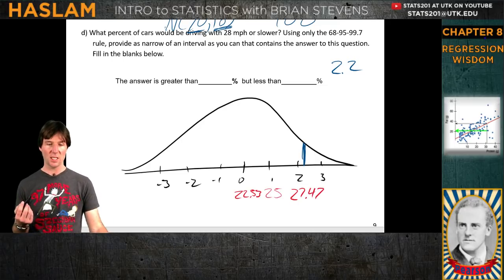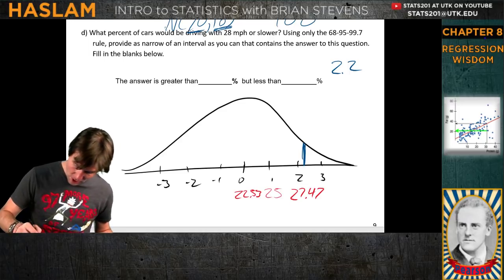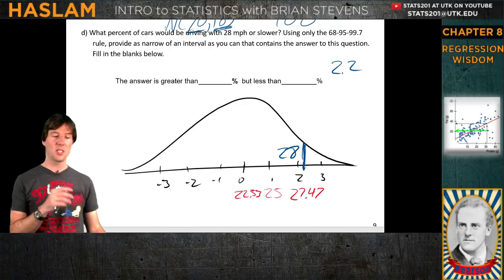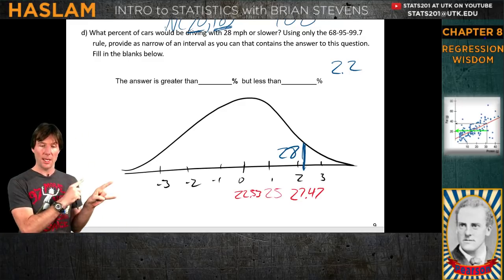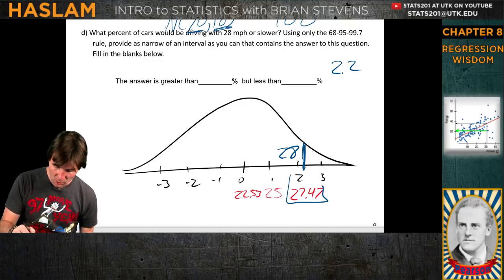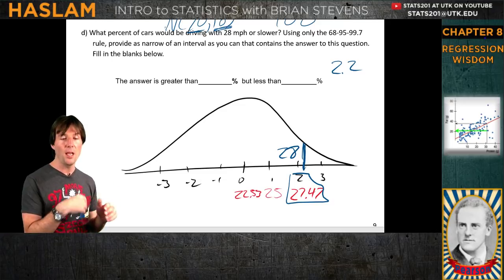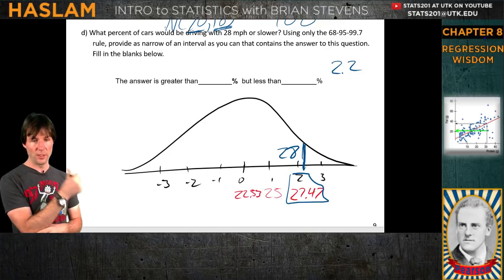You might annotate some decimals, but does it make sense that I would label these numbers? And you can see here, does it look like to you that this is where 28 miles per hour is? Does that make sense right there? Because the standard deviation of 2 is 27.47. Does that look like where 28 miles per hour would be, if right here, this is where a standard deviation of 2 is at 27.47, and we are a little above that? If that visually looks correct, you're doing it correct.